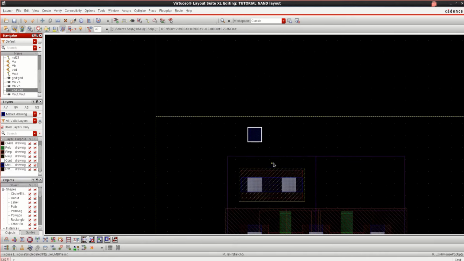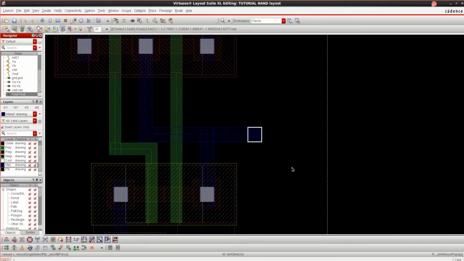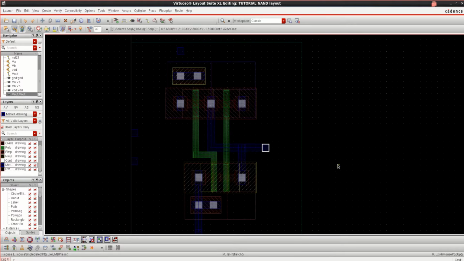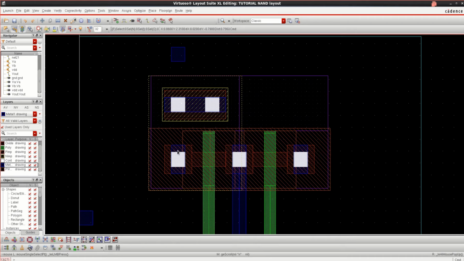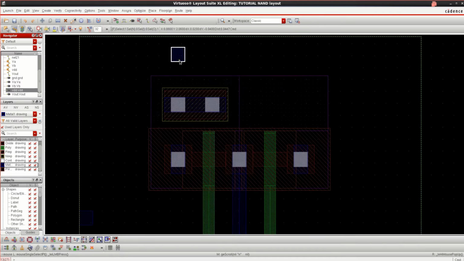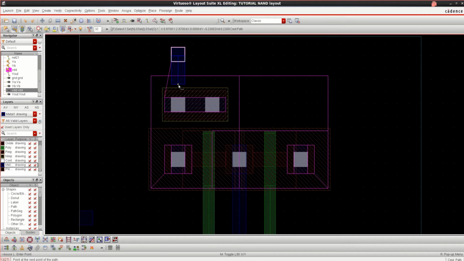Not Vout, it is VDD. Press P or select metal first, then press P. It has to cross all this up to here. Press enter.